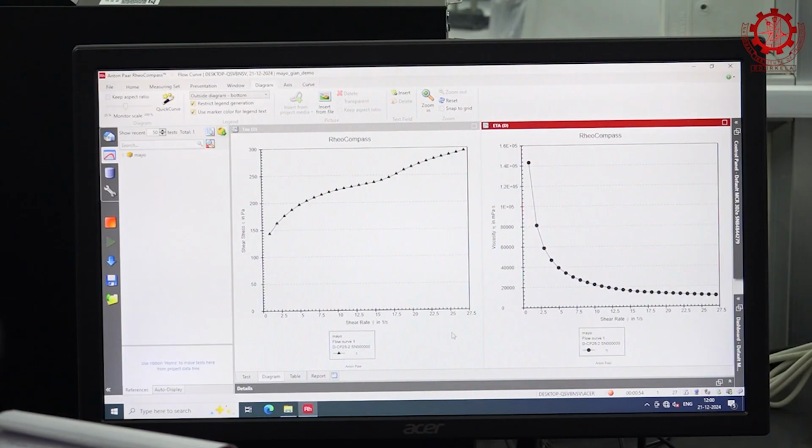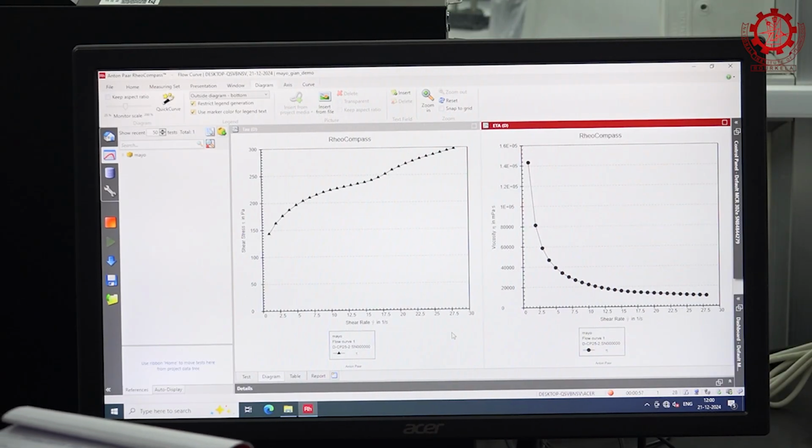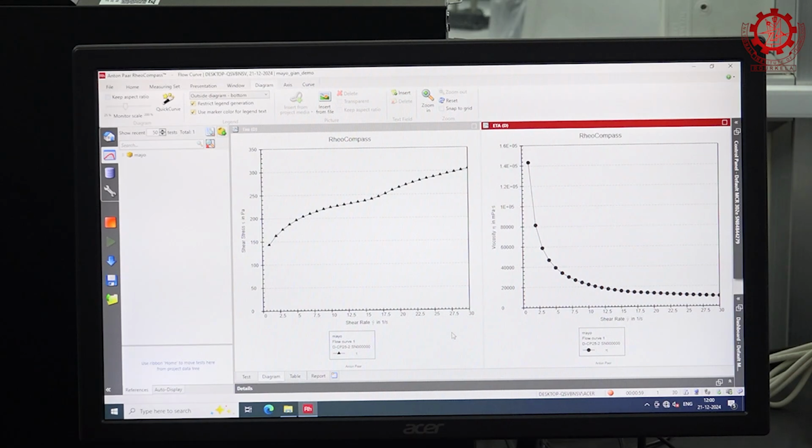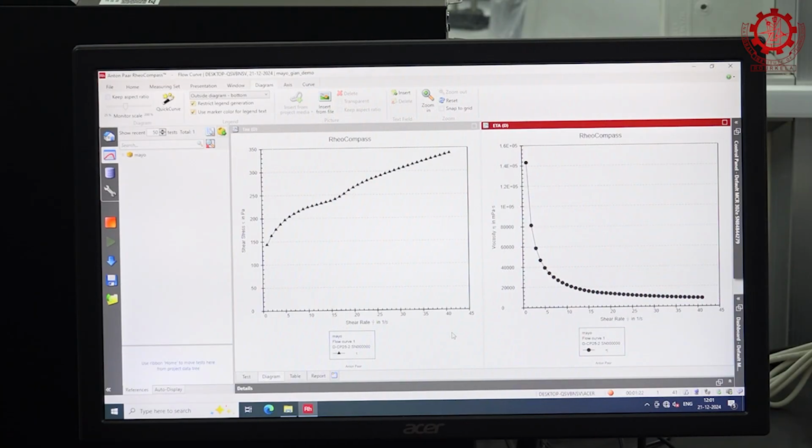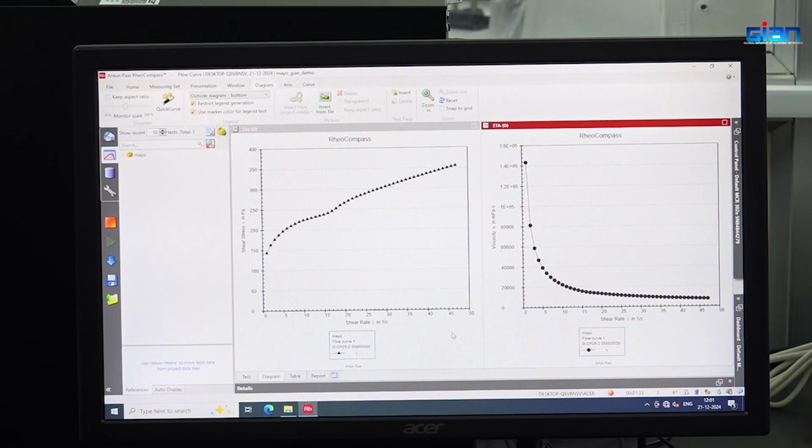But after a certain point, after that LVR region, which is the non-linear viscoelastic region, the intrinsic structure of the material will change. Either the G double prime will increase, which will show a liquid-like behavior after that point, or the G prime will be more, which will show a more elastic nature. Usually materials have both elastic and viscous nature. So from amplitude sweep, we decide the strain amount within the LVR region, which we'll use for the frequency sweep.